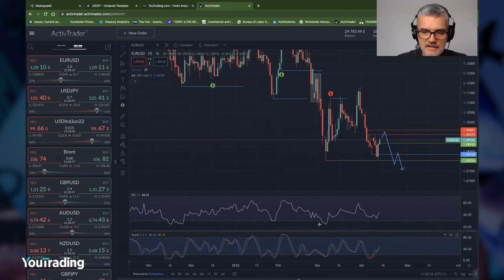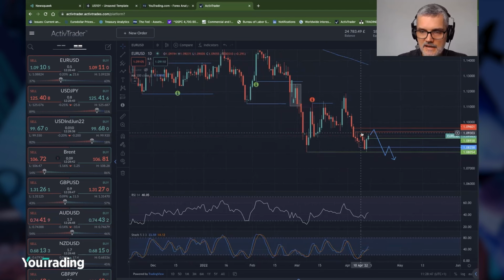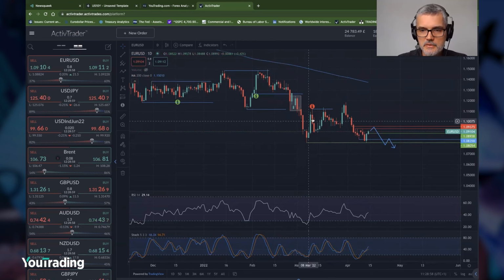Obviously, the RSI and stochastic are not showing that they're particularly oversold or overbought at the moment, so it could just get a range move. I just think they're going to look for liquidity, and liquidity is definitely above these daily highs and this big swing low here from yesterday and the 7th of March. So that's what I'm looking for, which would then basically, where we had this significant swing low to the ECB high, we would have swept the highs of that on the 30th of March. And I'm just looking to see if we sweep below and take the liquidity below the 1.0805.